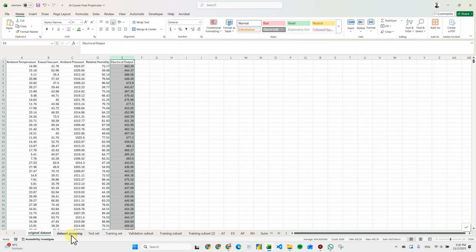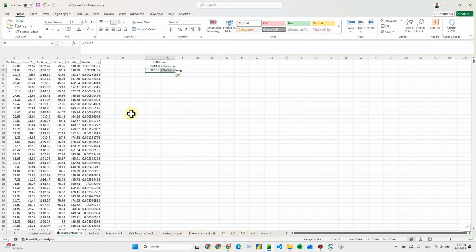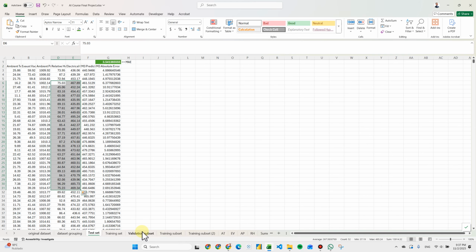The first step I had to take was to split the data set into 2 different groups, 20% for testing and 80% for training. I'm using Excel for this exercise because it was a very small data set, so I decided to use it. I assigned random numbers for each individual row, sorted it in ascending order and then separated 20% of my data set for testing